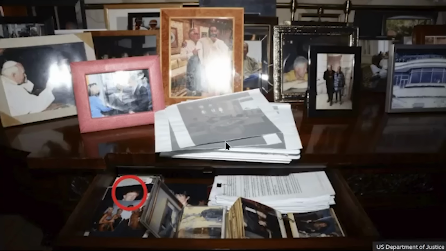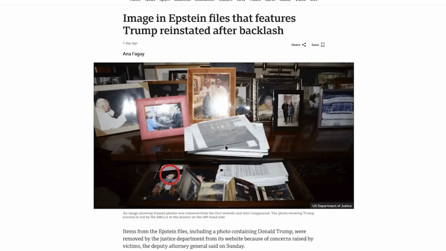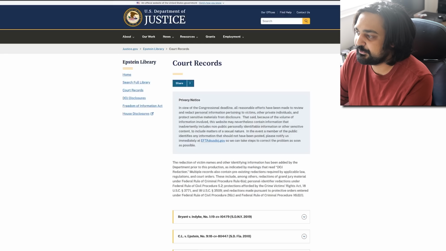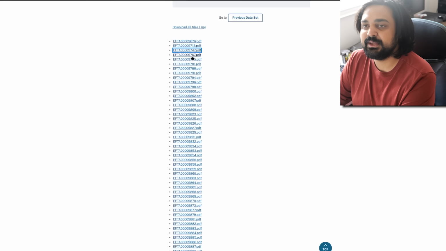Now, in the last couple days, I talked about files disappearing from the Epstein files, right? Like, yesterday there was this image that we saw, which was removed very briefly, and then it was brought back once people started to give backlash to the government. Like, why would you remove these images? And the reality of it is that they were never really removed. They were mostly de-indexed. But to give you an idea, they were never really even blocked.